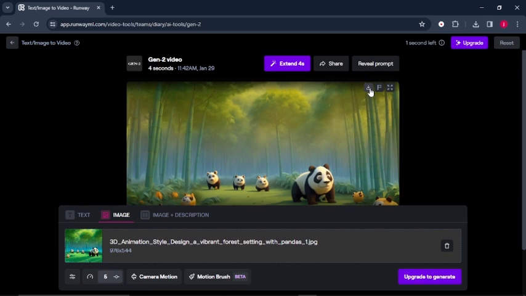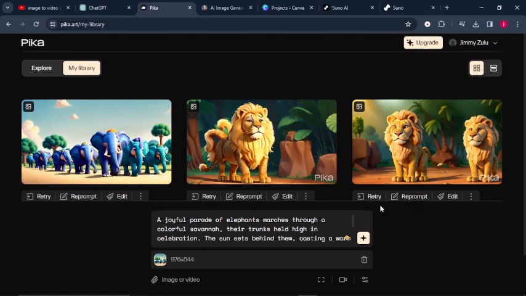So you keep repeating the same process for all your videos. So you can use Runway to convert your images into 3D videos, or you can use Pika Labs. So either way, it still works fine. Now, once you are done converting your images to video, the only thing that you need to do now is to put them together by editing.